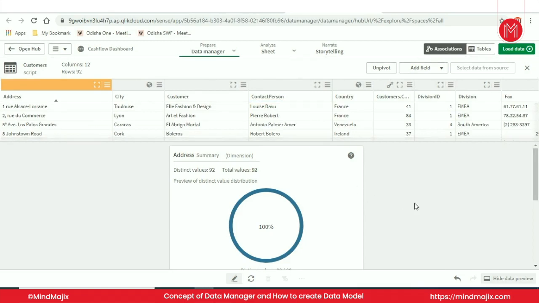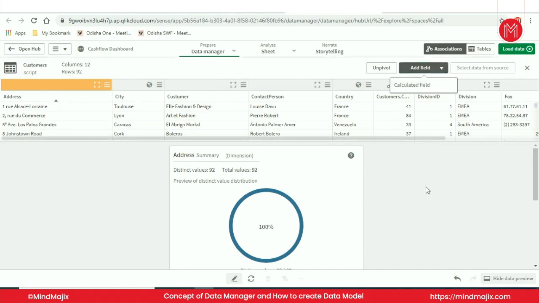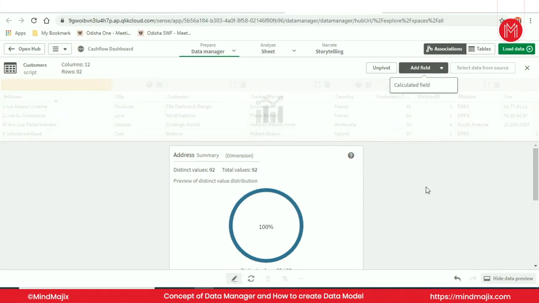If you want to add any other fields also, you can just add a field. Any calculated field you want to add, suppose a customer address, country, or you want to merge any columns and create one more field, then you can also add a calculated field over here. The same thing you can also do in the data load editor.